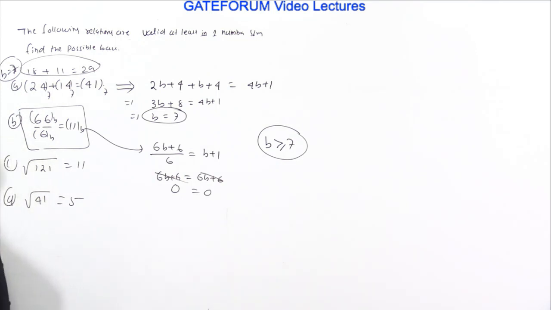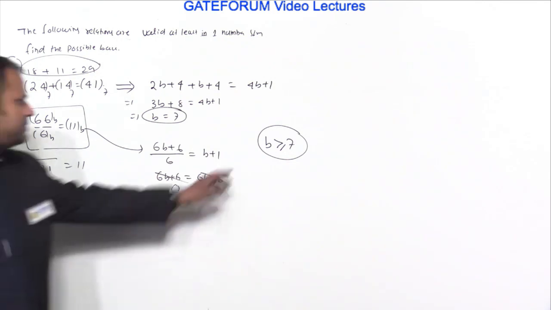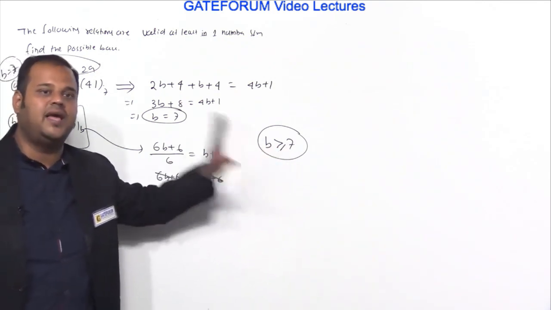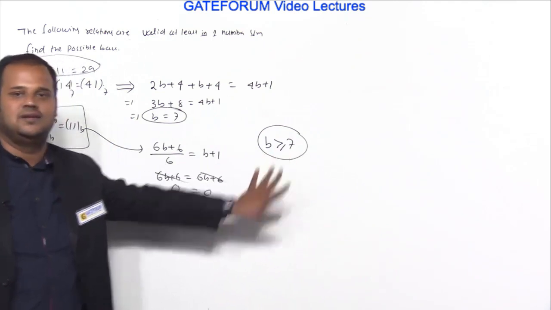So it turns out 66 by 6 equal to 11, we know this in base 10, then some of you may say the answer is base 10. Base 10 is the answer, but base 10 is not the unique answer. Here also I am saying it can be 10, but 10 is not necessarily the unique answer.